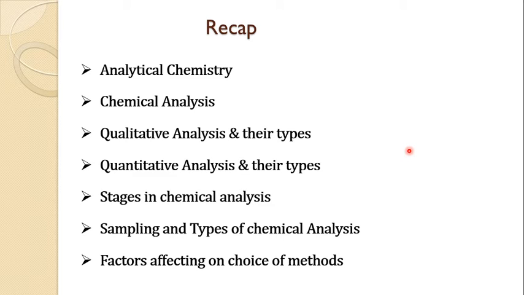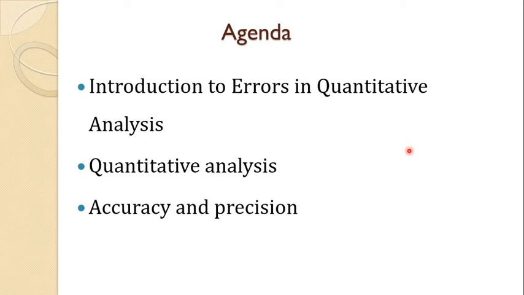Then sampling, in which solid, liquid and gaseous sampling. Types of chemical analysis, in which proximate analysis, partial analysis, trace analysis and complete analysis. Then depending on size, major constituents, minor constituents, trace and ultra trace, meso, macro, like this up to the nano trace. Then factors affecting the choice of methods, in which available facilities, infrastructure, laboratories, equipments, like this. In this lecture, we will see the introduction to errors in quantitative analysis,